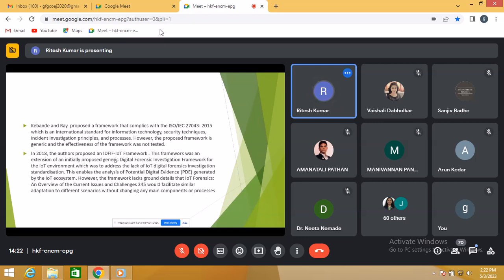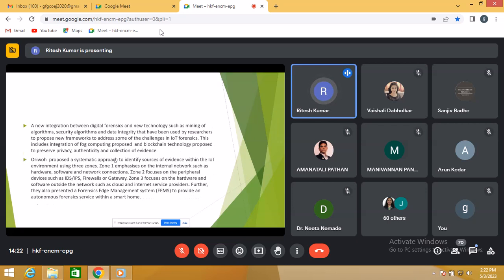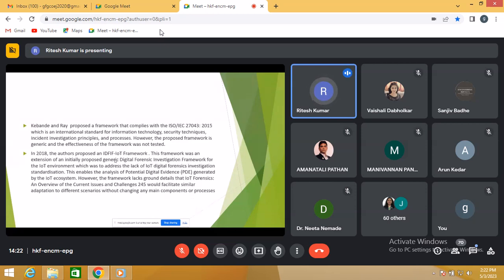Right. So these were proposed in 2018, where the same proposal was made in a generic way, right? Like Oriva proposed the system, zone 1, zone 2, and zone 3, the same generic proposal has been given, but with the standardization techniques, right? Where some standardization has been given to devices, to the networks, and to the clouds, right? And because of this standardization, they made some policies, and because of those policies, they can